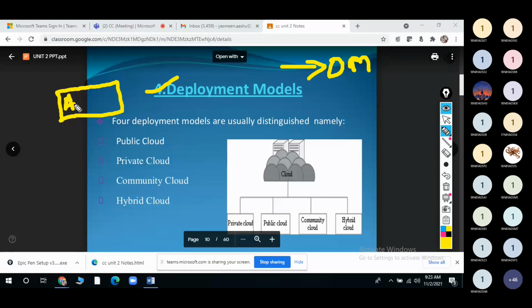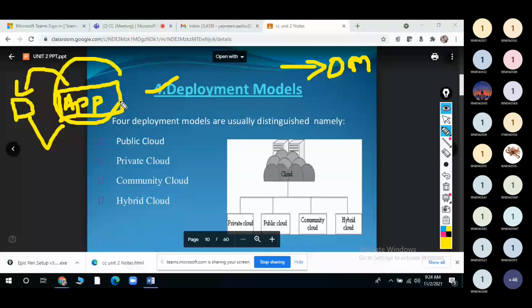The setting up of an application at the client's location is known as the deployment model, right? Whoever is developing that particular project or website, we have to set these applications according to the user's need and convenience, and setting this application at the client's location is known as the deployment model, right?